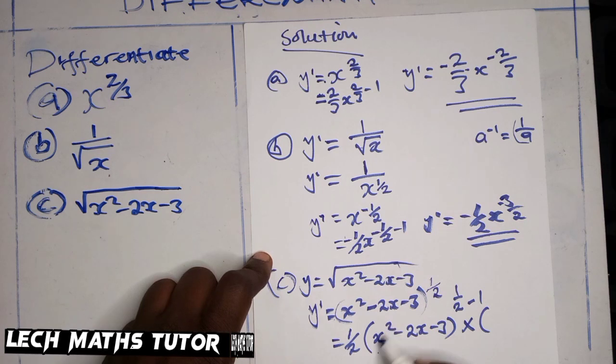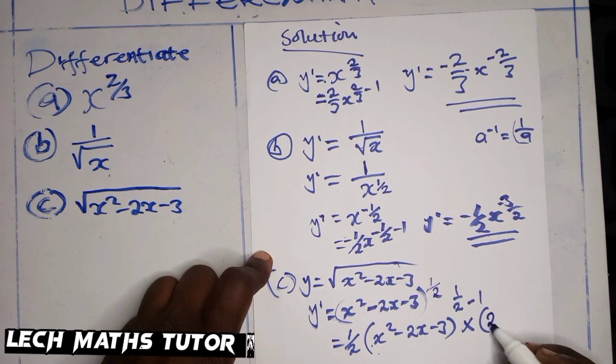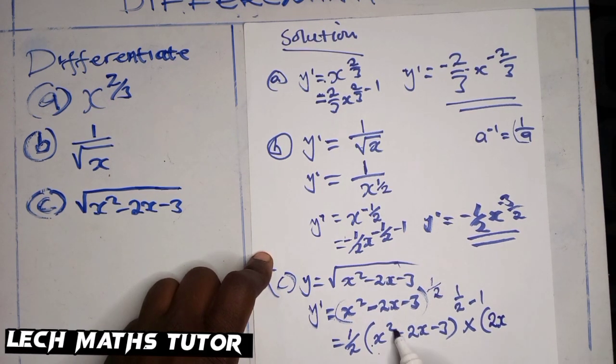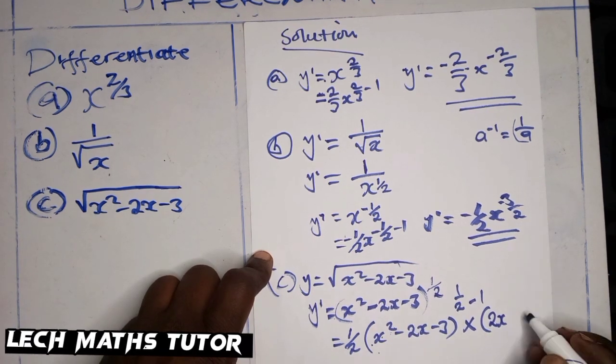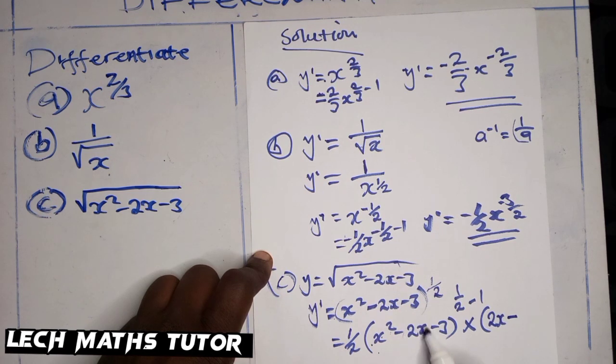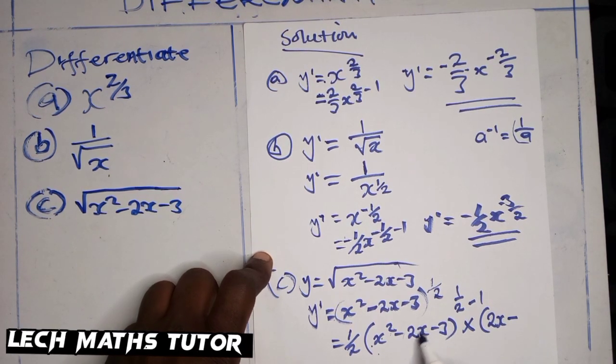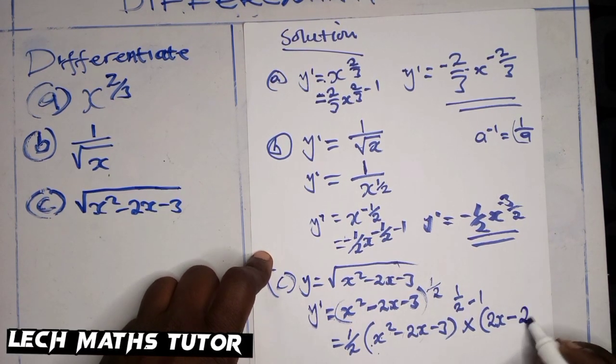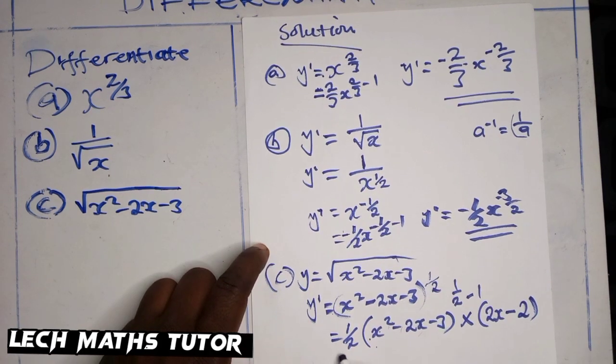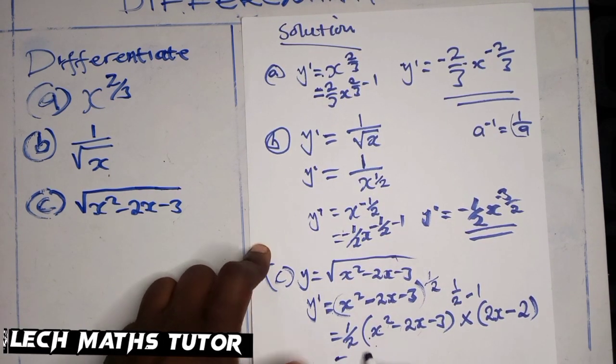So 2 times 1, we are going to have 2x, because when we subtract 1 here, we remain with the x. Minus here is power 1. So 1 times the 2, 1 times 1, which is 1. So we remain with the 2. Here there is 1. 1 minus 1, which is 0. Any number to the power 0 is 1. So we remain with the 2, in which it will be equal to,